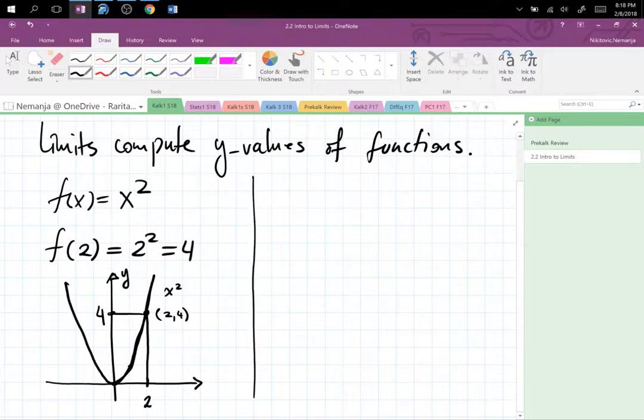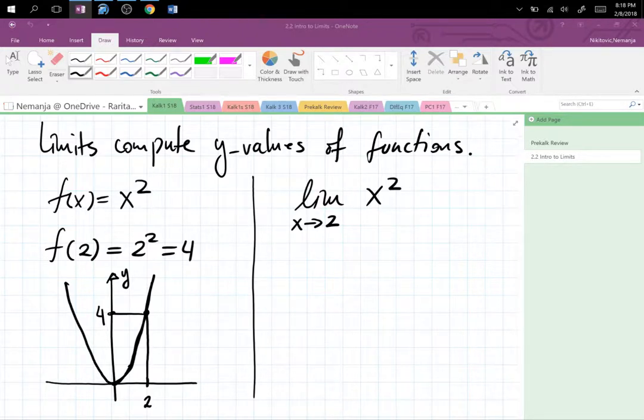All right, time to do some calculus. What is the limit of x squared as x goes to 2? It's 4, right? And at this point you would say, so why, right? Why do we do this and what does it mean? Why have another way to do the same thing? Well,